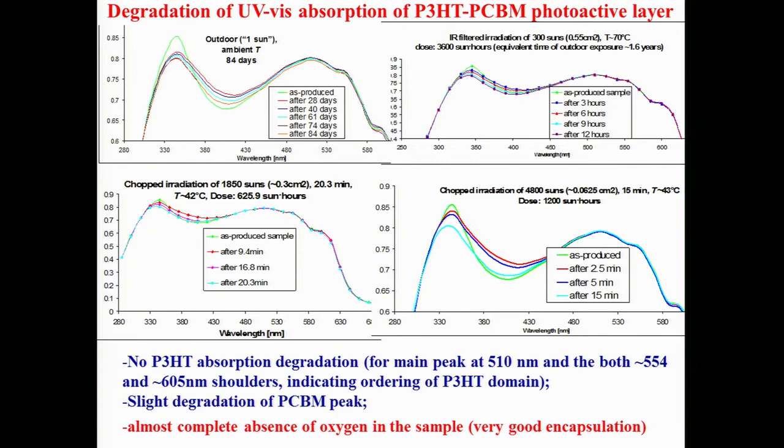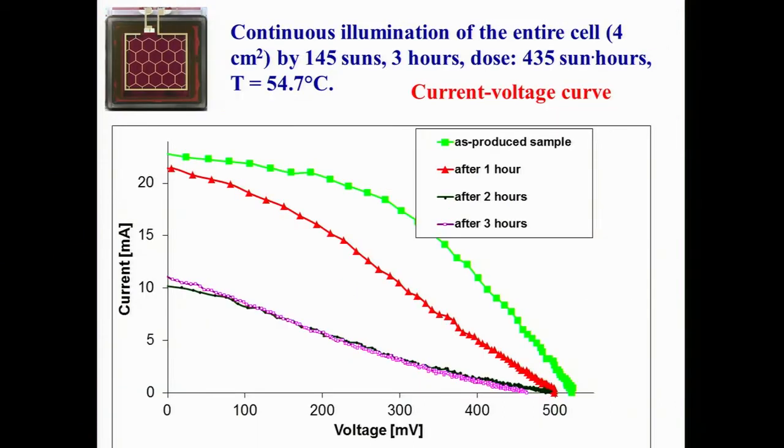So this is a very optimistic result, but when we start to measure solar cells, the result is completely opposite. It's a very strong degradation. So what we see is 145 suns. It's the maximum concentration at which we can irradiate these 2 by 2 square centimeter samples uniformly. So what you can see is the as-produced cell, this green line, and then after 1 hour of exposure